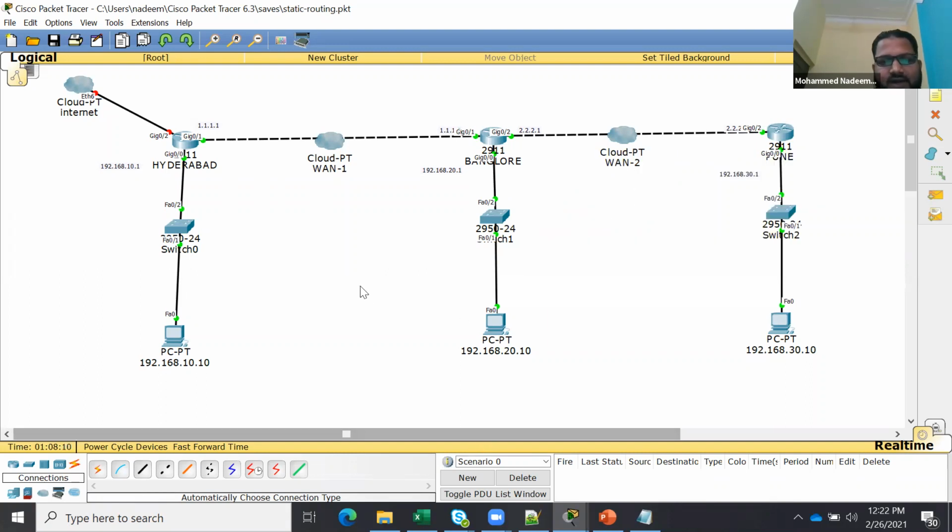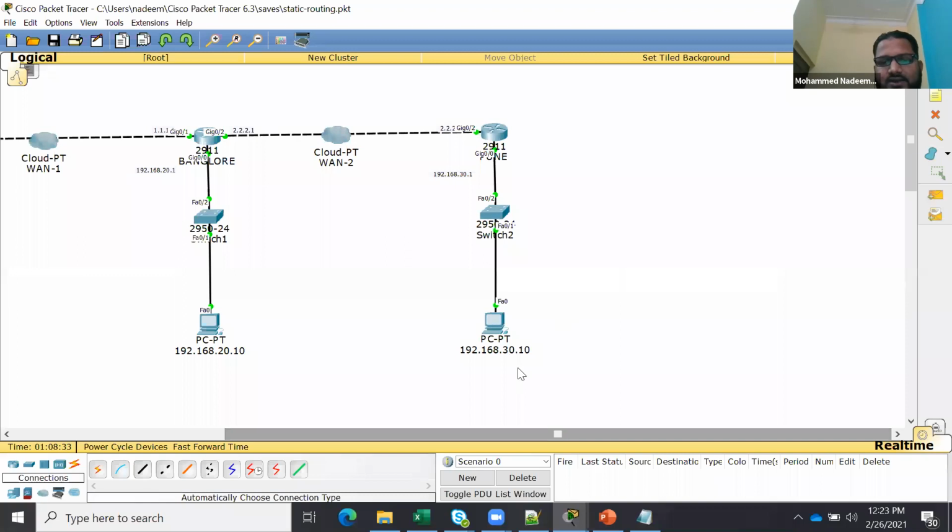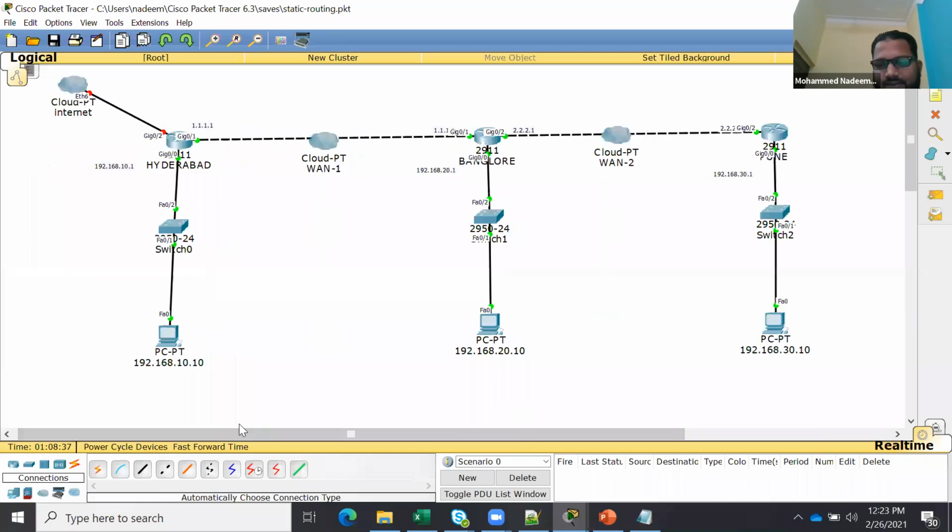If you want to practice, in your base diagram, remove these and do the static, and instead of defining these, you can use the default route here. We can consider this guy as an ISP, and you can do that lab. Default route is just for when you don't know the destination.